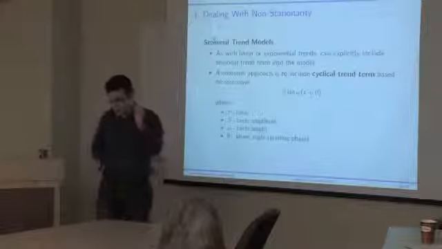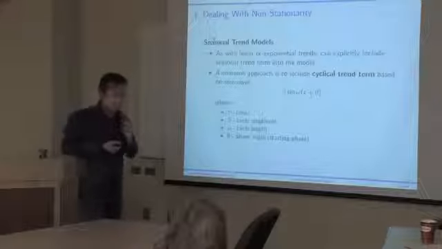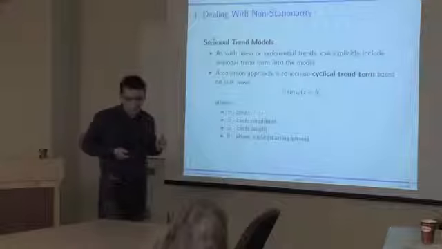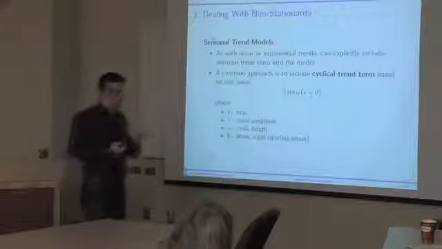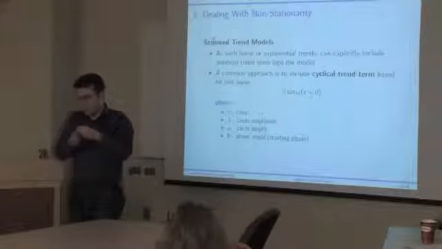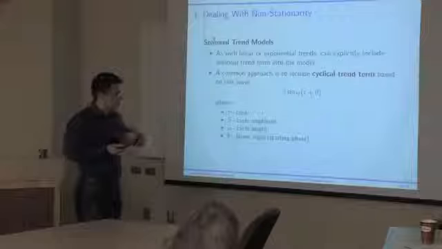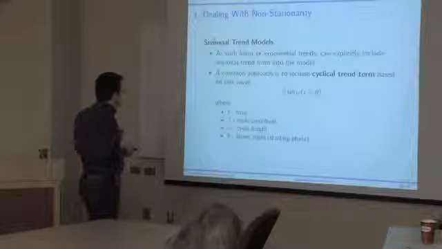Essentially, that's going to control the starting phase, the phase at which the cycle is going to start in your data. So if you're working with, for example, seasonal cycles, that parameter would control the season at which the trend in your sample would start, whether your sample starts in summer or in winter or in the fall.